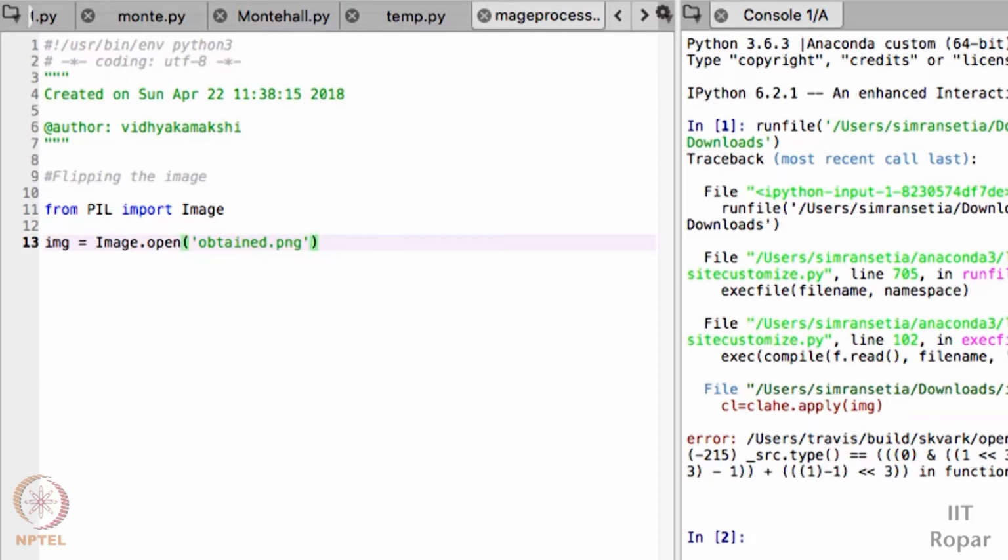Done with it. We have opened this image. Images in general, computers process them in terms of matrices. So that image is opened.